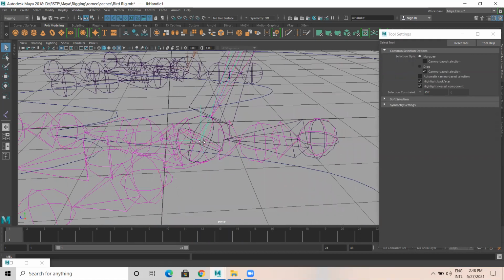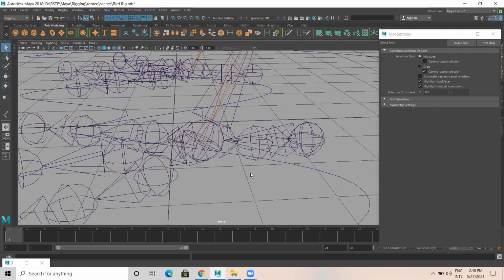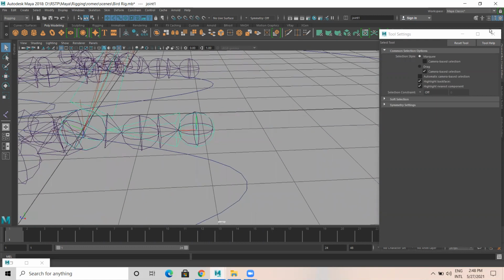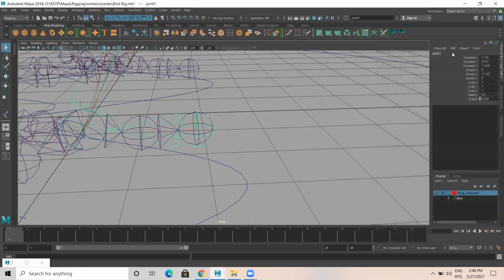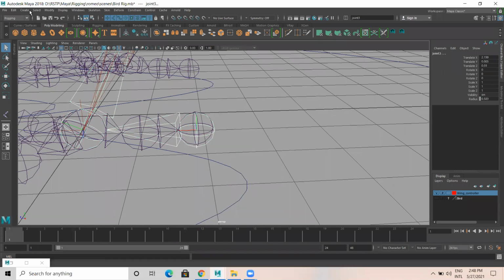Select this IK handle and shift select the joint, press P. Okay, before that, let me duplicate this. I need to rename this. First thing, select hierarchy, Edit, Delete by Type, History.